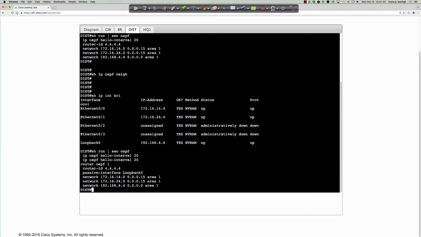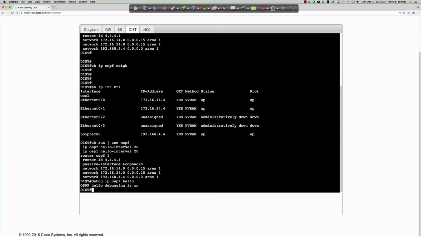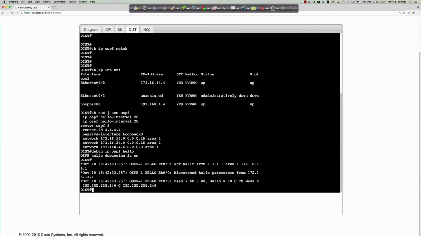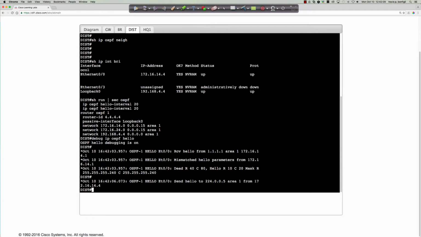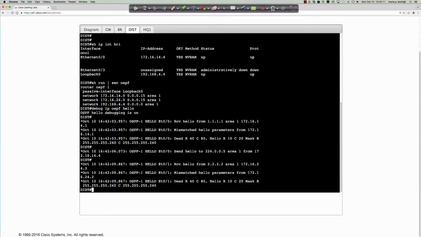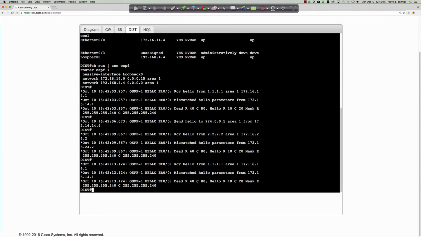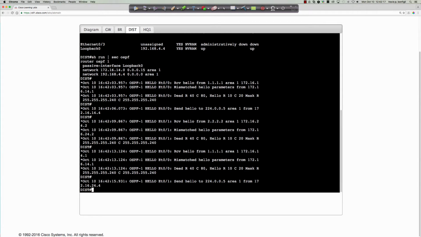And everything is in area 1, so there's no area mismatch. So let's do this. Debug IP OSPF hello. All right, so let's debug the hello. And is MTU... You've got to be kidding me. Okay, so we should have had the adjacency established without any issues, but take a look at what we're seeing